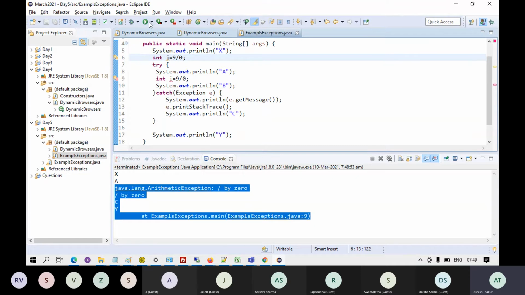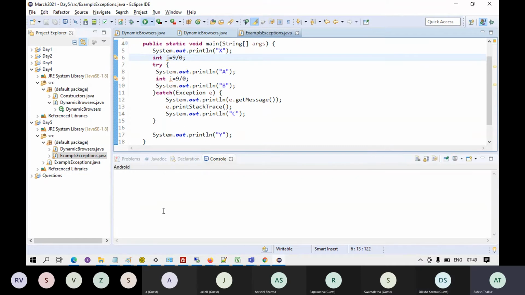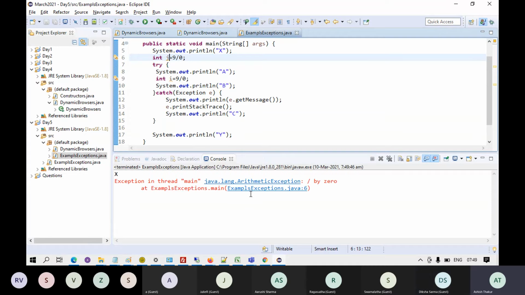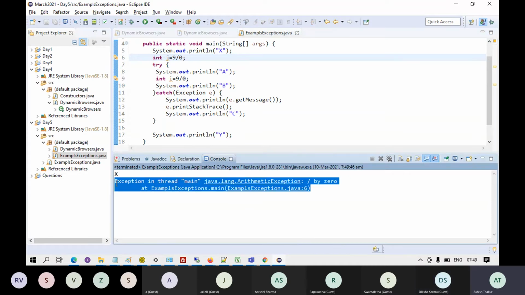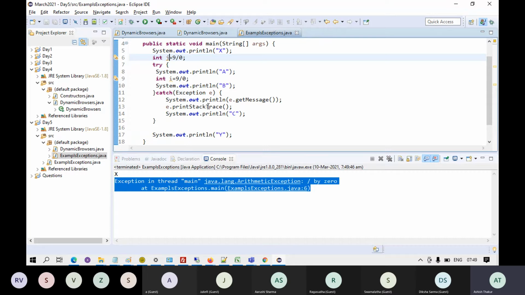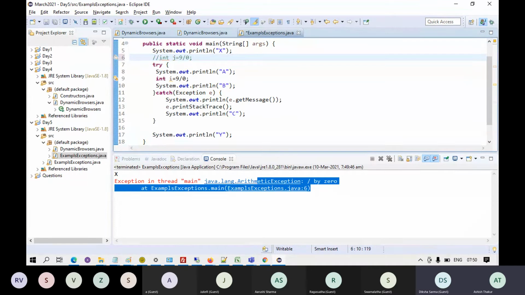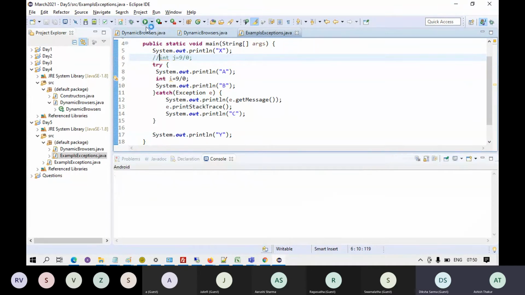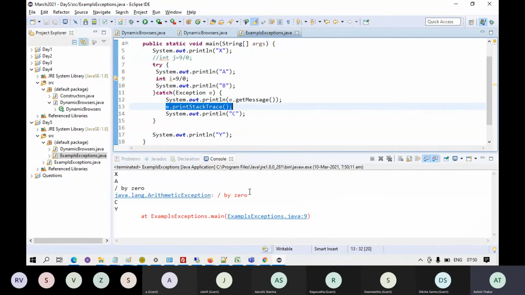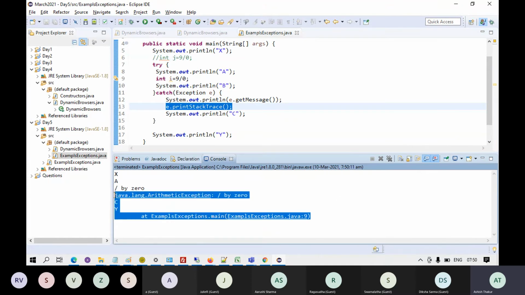So this is the same stack trace which gets printed when there is an exception. Stack trace basically means the details of the exception, telling you what happened when the program went wrong, so that you get the line numbers and the type of exceptions, everything. So in the catch block you have to explicitly print it in order to understand what happened.